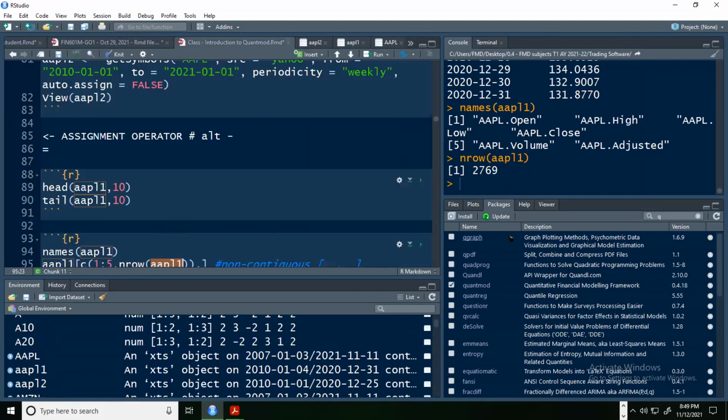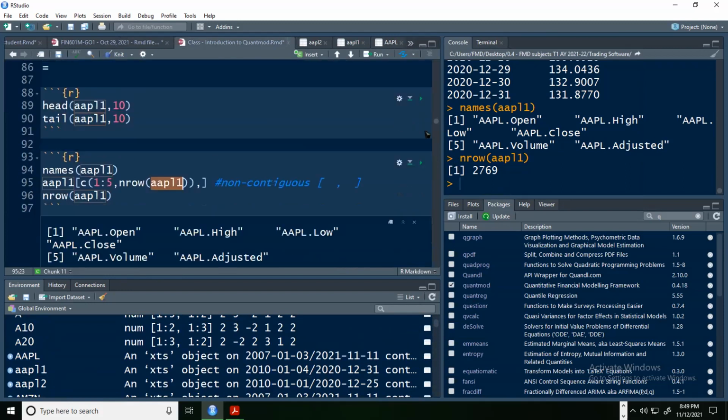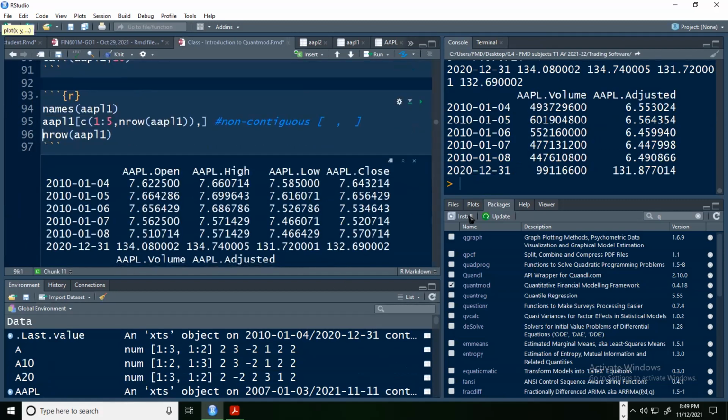So what is this function? What are we doing here? We are asking R to generate rows 1 to 5 and the last row, and give us all the columns. So we are subsetting just the first 5 rows and the last row. Remember, nrow Apple 1 gives us 2769. So let's run this. Okay, so it gives us the first